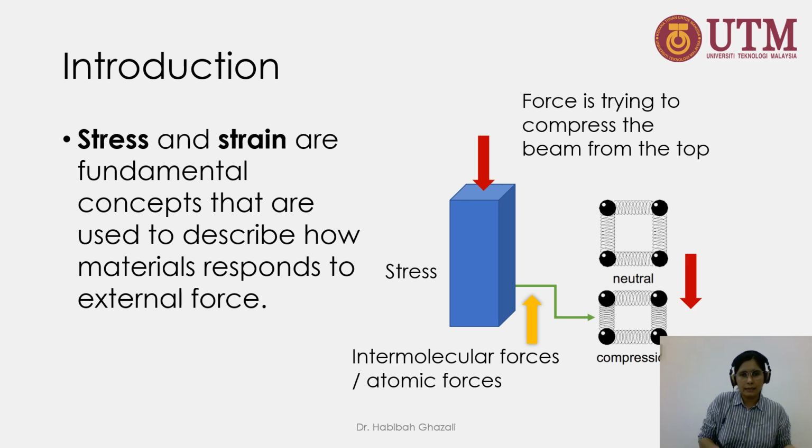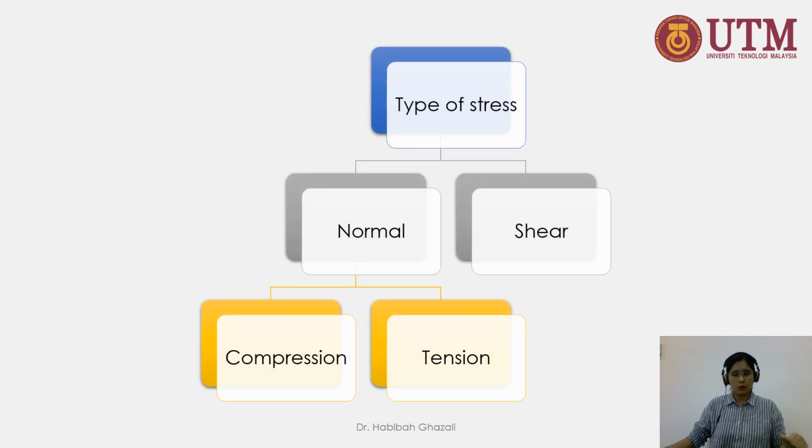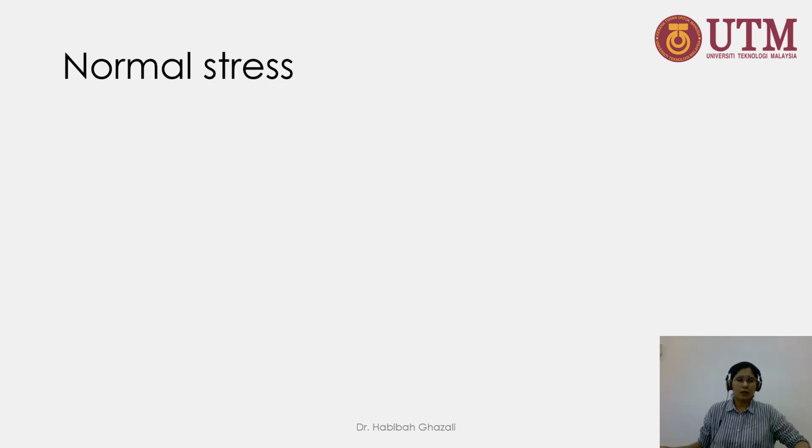Mathematically, we calculate stress using this equation. So stress is equal to force, the internal force, divided by the surface area of the member. So there are two types of stress. One is normal stress and we have shear stress. And for normal stress, it can be compression and also it can be tension stress. So in a nutshell, stress is an internal state that develops within a body as it responds to externally applied